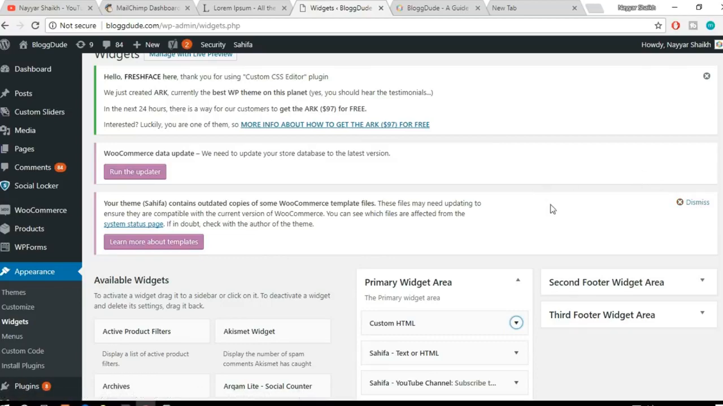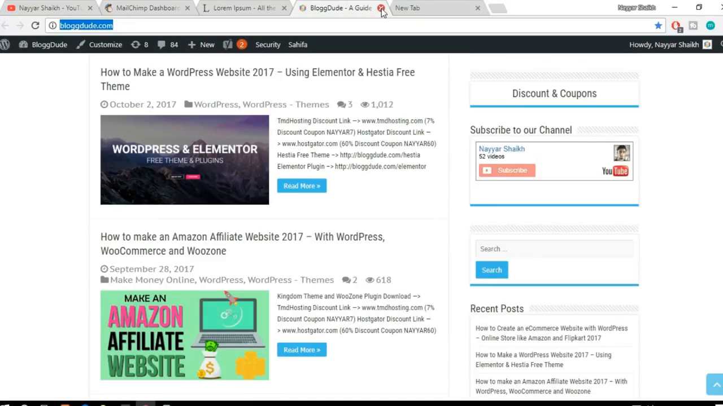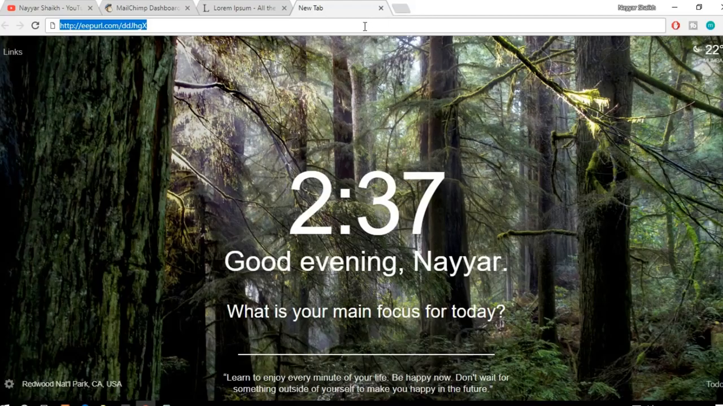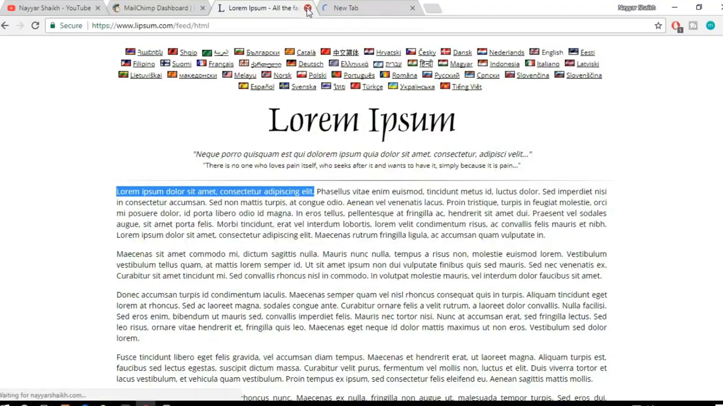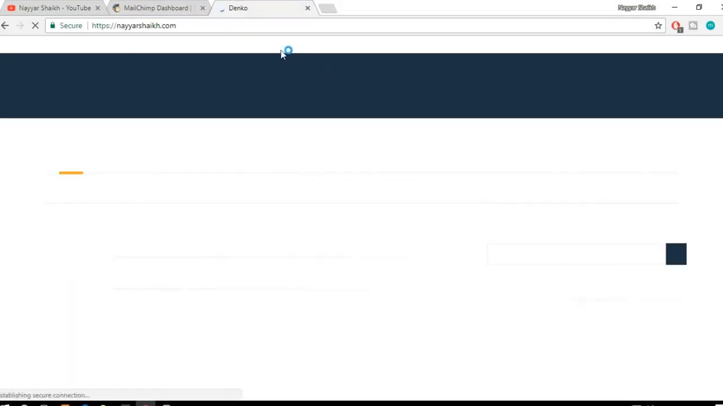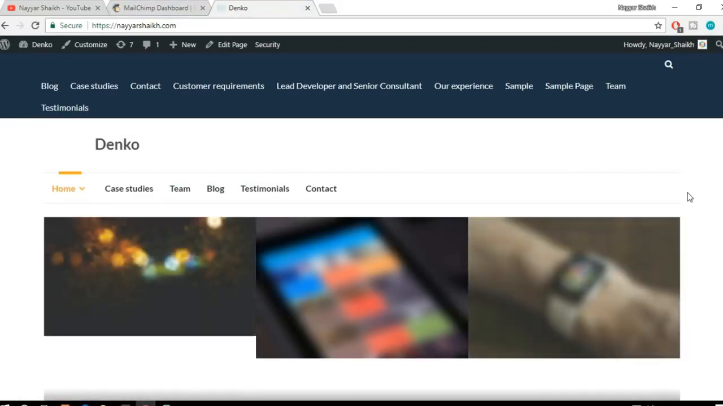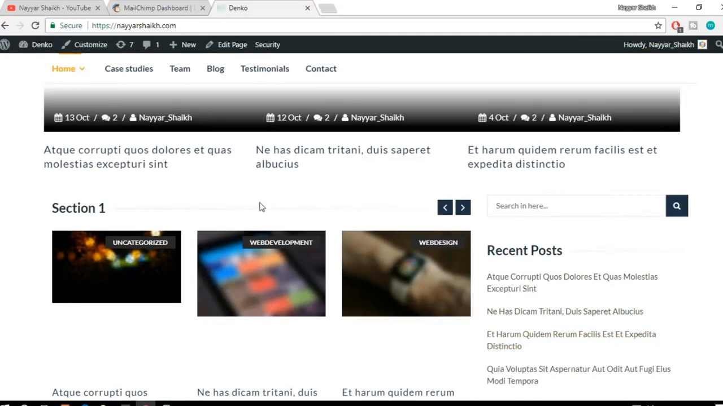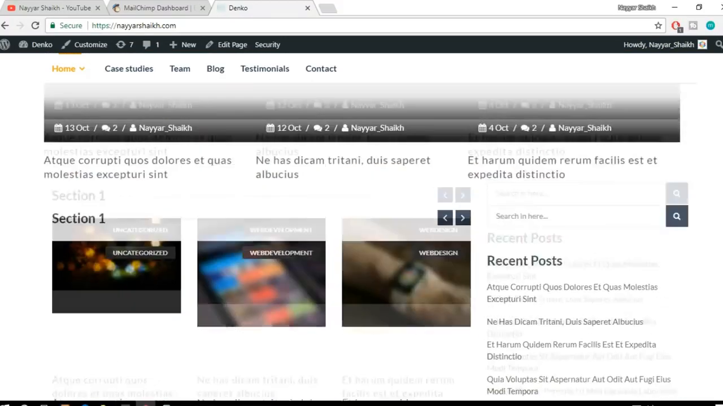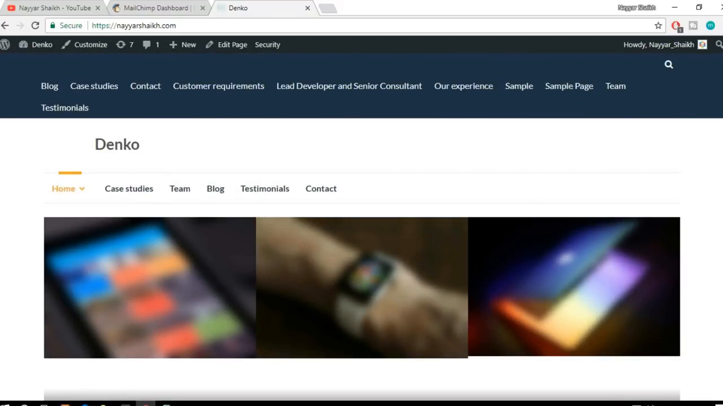So come to WordPress, and first let me get away from here, because I don't want to use this website. I want to use my different website, nairshake.com, and let's delete this lorem ipsum. Let it load first. I have just imported some dummy content and a simple website so that we can see everything. Now let's first integrate it with